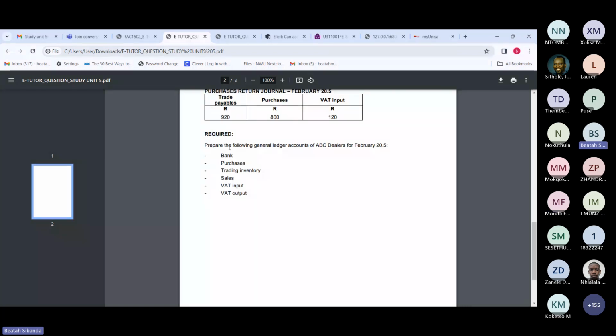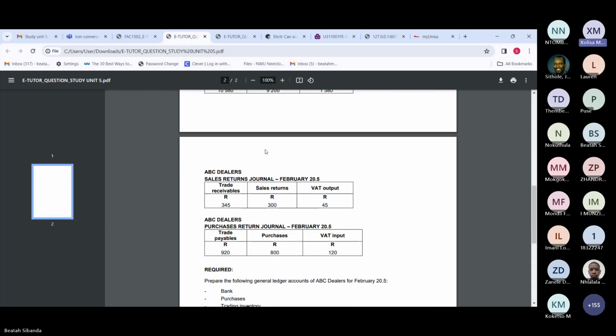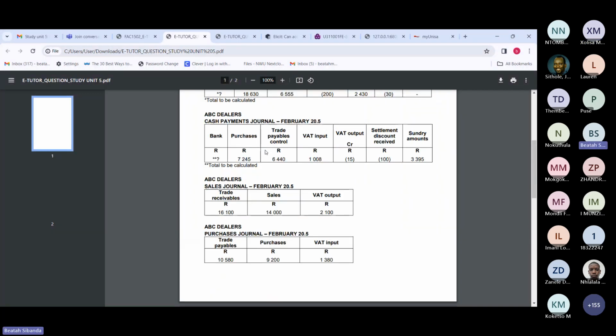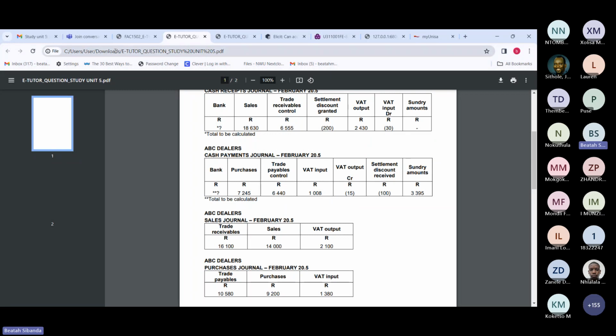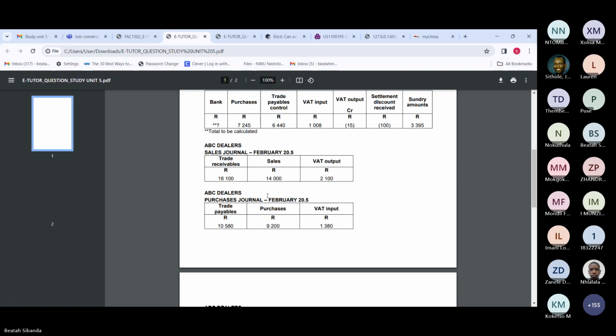So for the last three general ledger accounts, I'm going to hand over to my colleague Xolisa, and he's going to finish the rest. So I don't know, Xolisa, do you want me to stop sharing? No, can you please continue sharing, because I can't. Okay, so you'll just tell me which one you want. Okay, so we are going for sales. All right, cool. So if we look at the sales, guys,